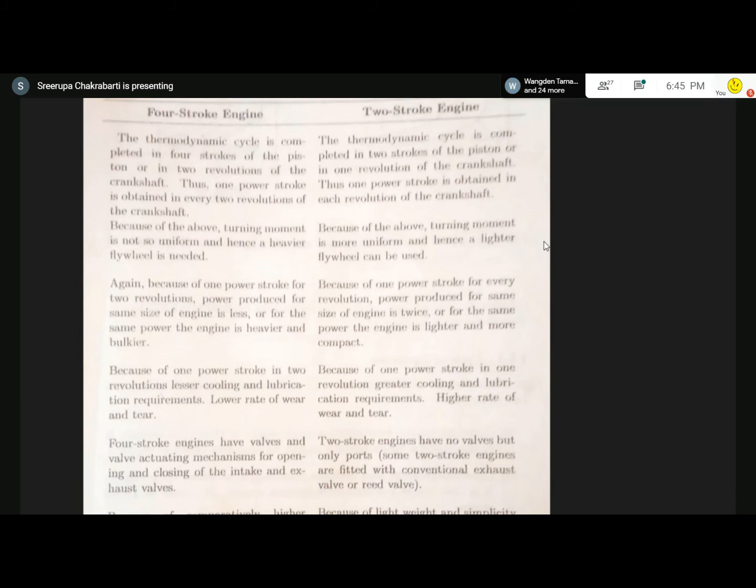Not only that, we should have a good idea about compression ignition and spark ignition engines. You have to understand that spark ignition engines and compression ignition engines are two major kinds of internal combustion engines. Within spark ignition engines, there may be four-stroke and two-stroke spark ignition engines. Within compression ignition engines, there may be four-stroke compression ignition engines and two-stroke compression ignition engines. So two-stroke and four-stroke are also another basic category.